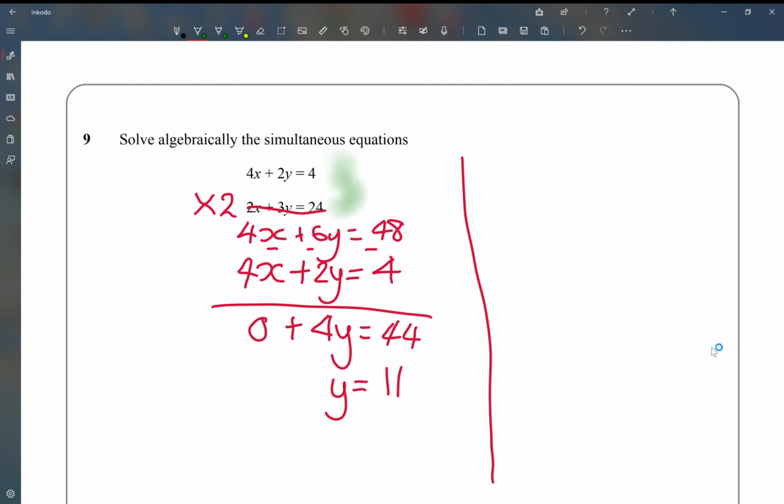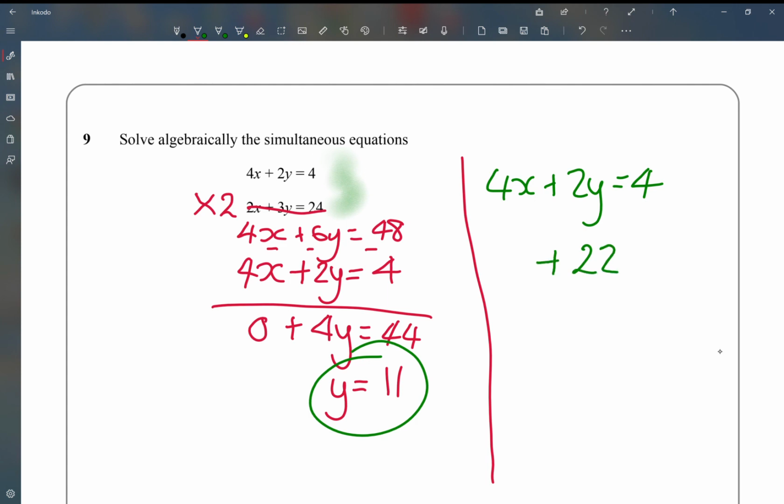I'm going to use the 4x plus 2y equals 4. I'm just substituting the y equals 11 into it. So 2 times 11 is 22. You can see we're now having one unknown. You can only work it out with one unknown. And then 4 minus 22 equals minus 18. So 4x equals minus 18. And then x is minus 18 divided by 4,